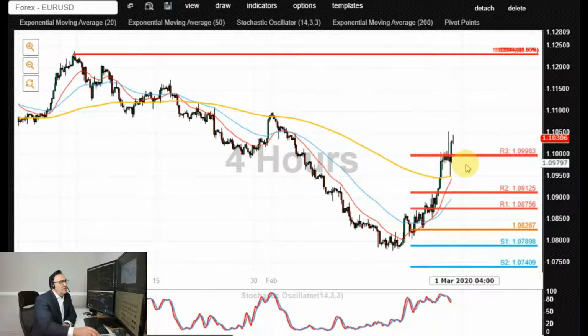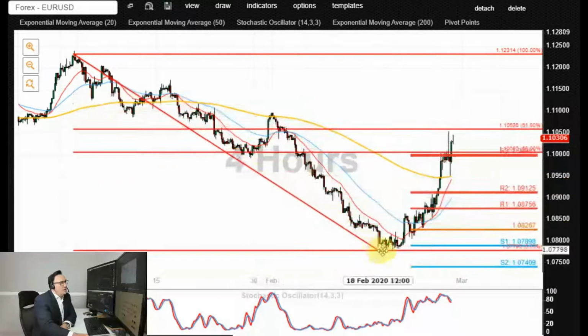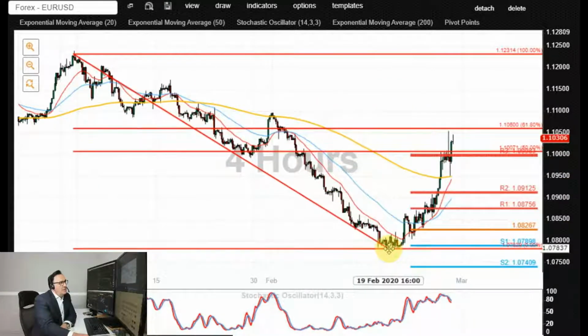So the key trading level for us to watch is at 1.10, which is a nice and round number, and also the cluster of the previous lows as well. Bears are potentially looking for a rejection or a reversal around this level and a swift move lower for this continuation of the downtrend,